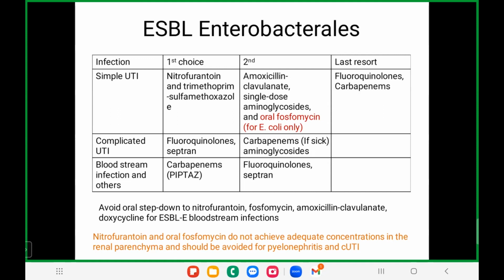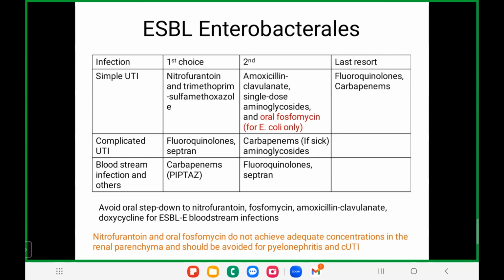So for bloodstream infections, the first choice they prescribe is carbapenems. And you have piptaz, one option here. The problem here is a lot of studies which were done in adults showed the comparison of piptaz with carbapenems in ESBL producing bacteria. The mortality rate was slightly higher with piptaz. So that's why